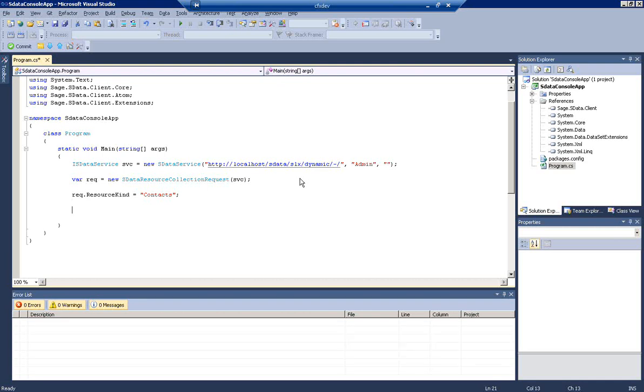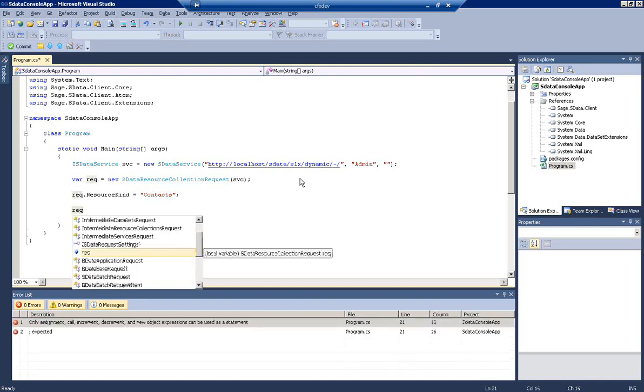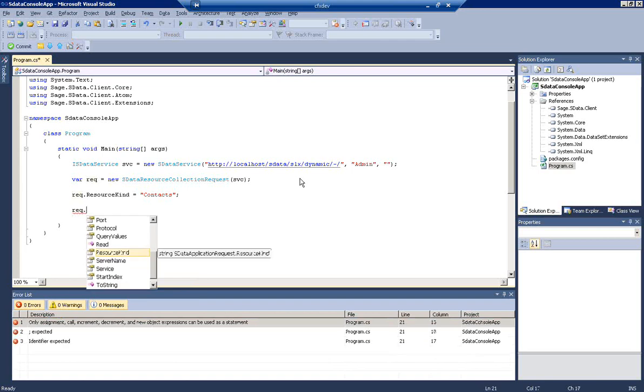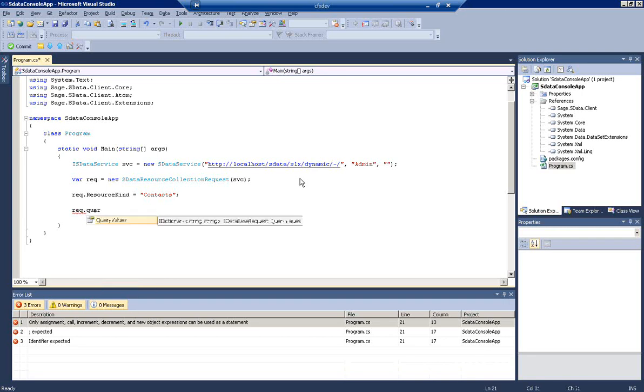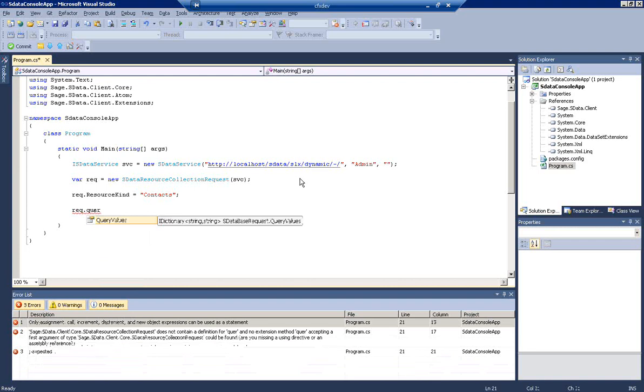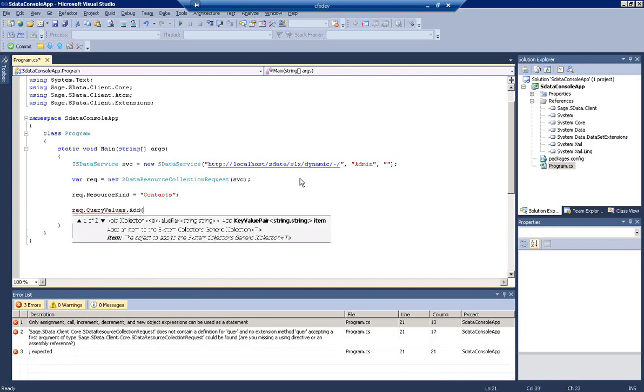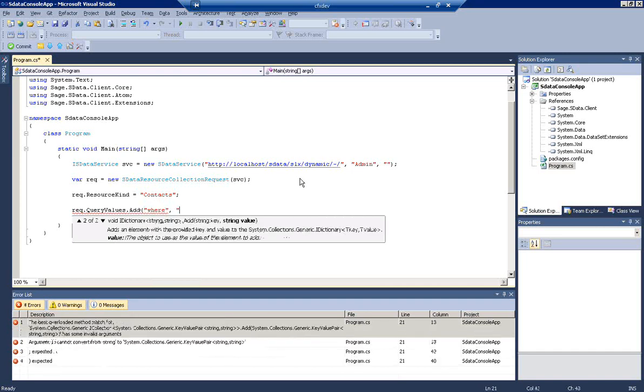Now what we can also do, and this is actually optional, but I'm going to throw it in anyway, is throw in any sort of criteria that we want as far as what will be returned with the data. I'll keep this really simple at this point. I'll go into some other query examples in the next webinar. But for now, we want to set the query values. So we'll just do a query values add, and we can just put in where,